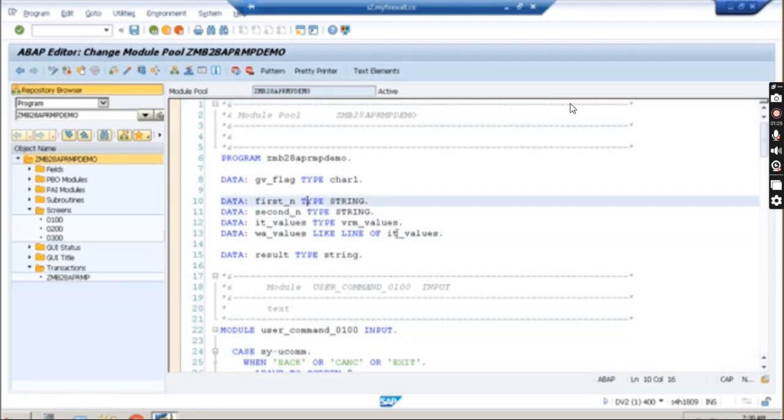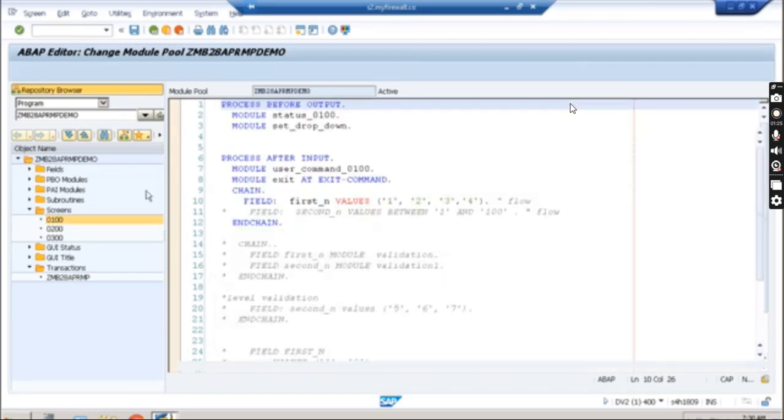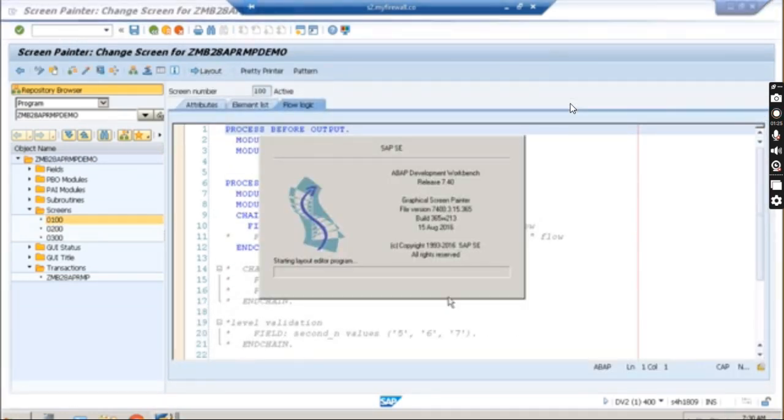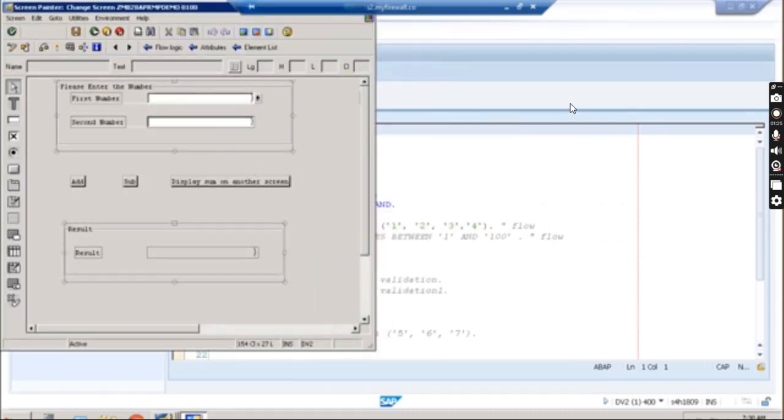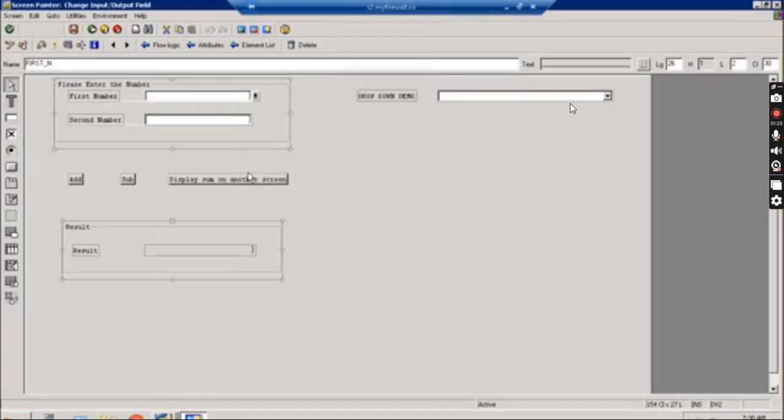The reason behind that was the declaration. On the screen we have changed the declaration. If you see here, we changed it from string to character, but in the program we didn't do that. That's the reason it was creating the problem. It should have the same data type. Okay, so double click over here,